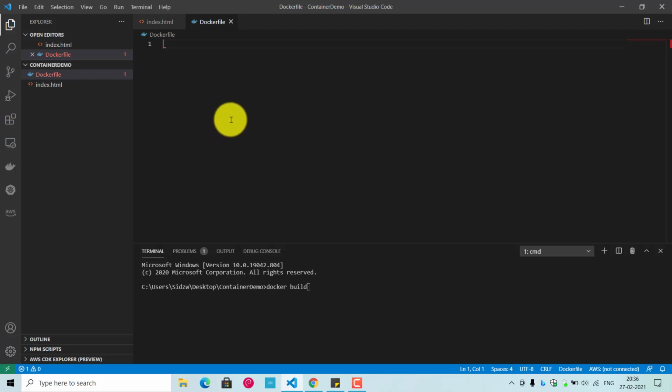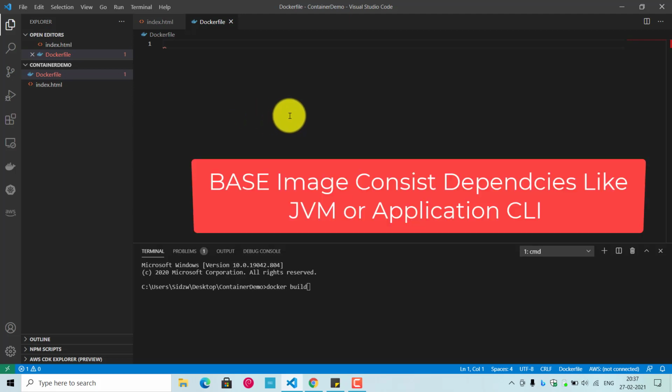So what are Docker images? Docker images start from a base image. The base image should include the platform dependencies required by your application. For example, if you have a Java based application, you must require the JVM, right? OpenJDK or CLR. Like if you are using Angular, you need the Angular CLI installed. So these are all the dependencies in order to run that particular application. This dependency you wrap in a base image so that your application can run smoothly without any disturbance. So those are called the base images.